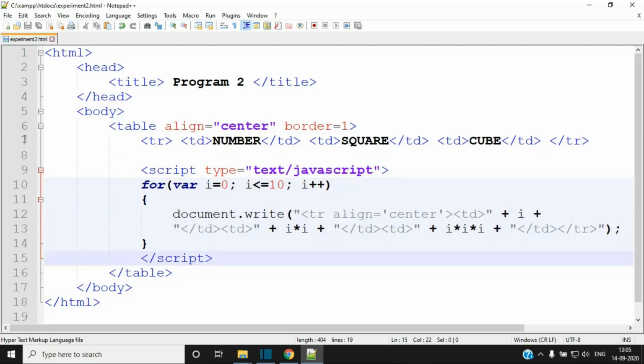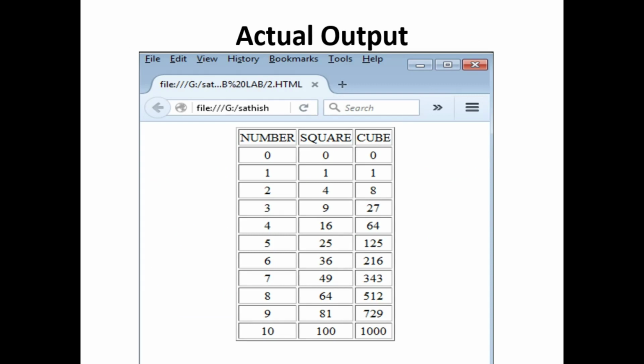Let us see the output of this code. Here you can see the final output of the HTML code we have designed with the help of JavaScript. Let me explain once again. This entire table is designed using the HTML table tag, and this particular row we have written directly in the HTML, and all the remaining rows we have repeated 10 times using JavaScript. So this is all about this experiment, where we have to create a table displaying 0 to 10 values with their square and respective cube in table form. So this is the end of this experiment. Thank you.